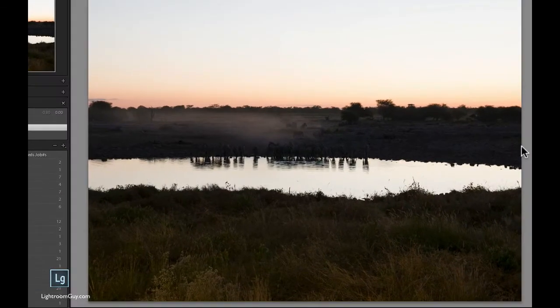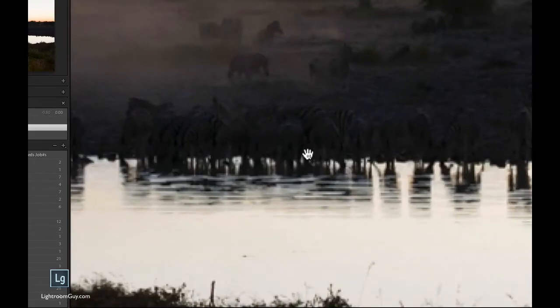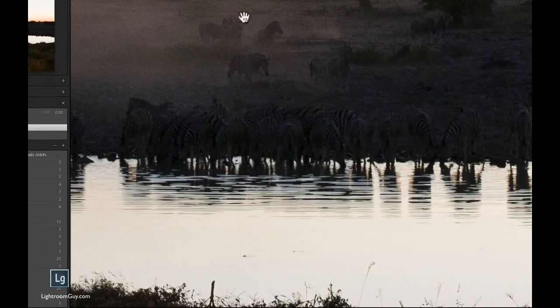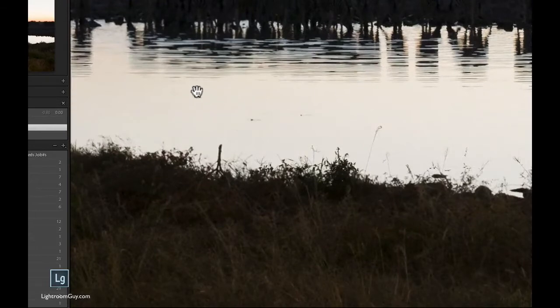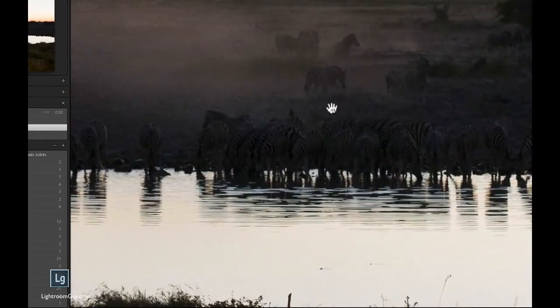Now this is an image that was overlooked because it was too dark. However, since it was shot in camera raw, we've got to really examine it and make sure there's detail that we can bring out. And sure enough, when you zoom in at 100%, there's lots of detail. And these zebras and the dust and the late day light, the reflections, everything is really good,